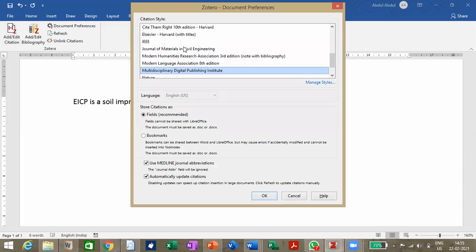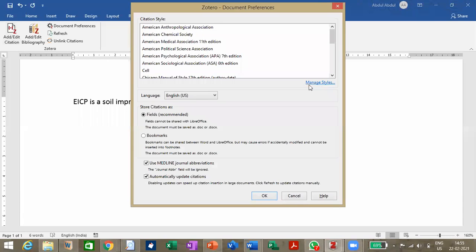If the format you are looking for is not visible, you have to go to Manage Styles. So I'll click on Manage Styles.